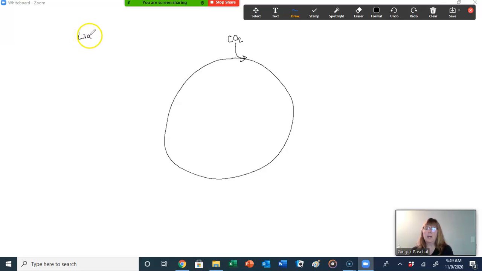And again, we're talking about the light-independent reactions. So we are in the stroma. So this is the stroma. So we are in the chloroplast and we are outside the thylakoid. In the thylakoid, we had several molecules that were made and those two molecules are actually going to be used now in this process. So CO2 is added to this process, and when we add those CO2, we get 12